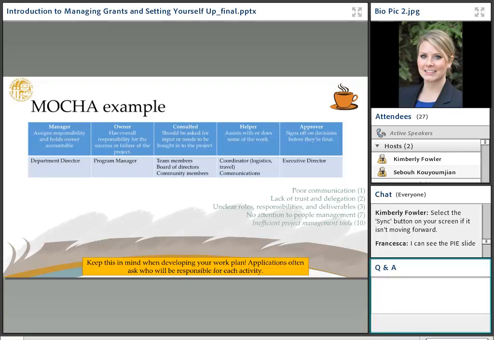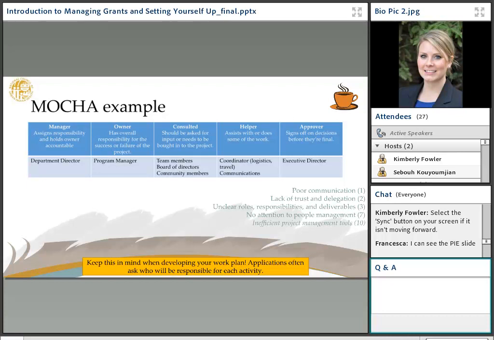Consultant, who should be asked for input, again, this could be your team members, board of directors, community members. Helper can be a media coordinator, your communications team, an admin assistant. The approver might be the executive director. Again, it might be that department director. It could be the same as the manager.